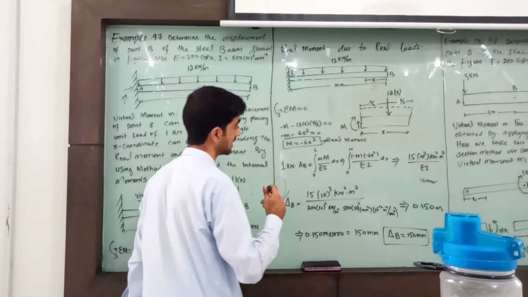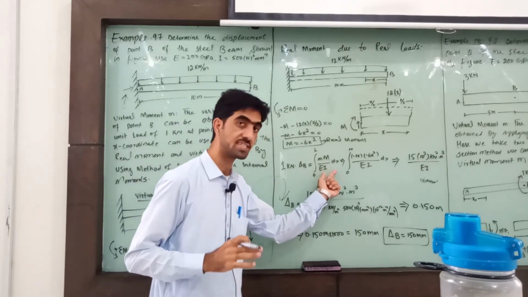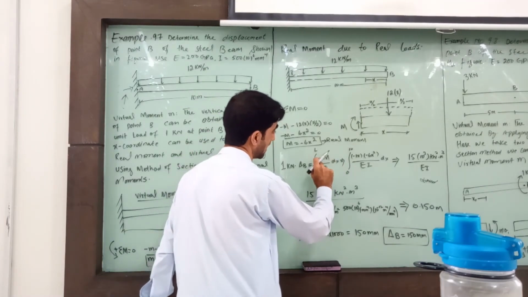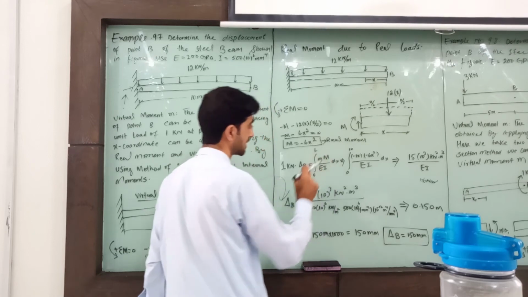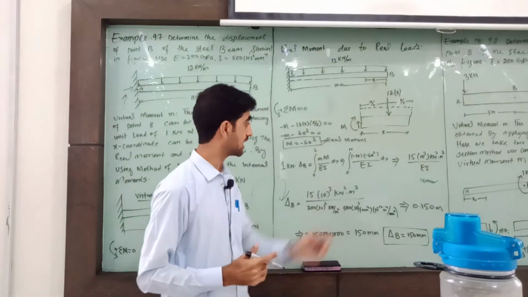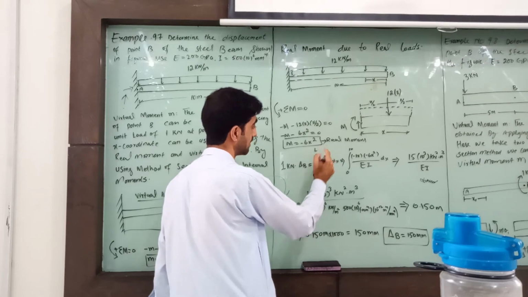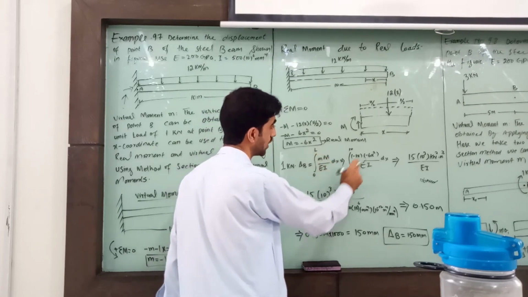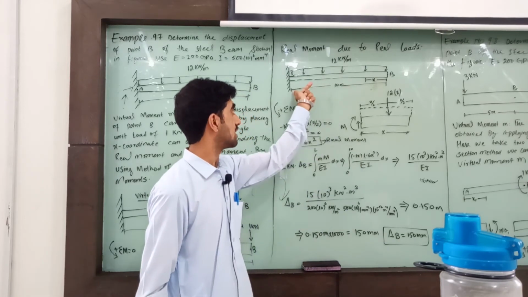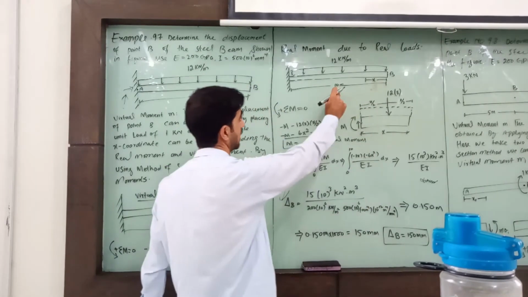Next step, we apply integration, and this is the formula. You can see in this diagram, this is the small m, this is the capital M, meaning the virtual moment and the real moment. So we apply integration on these two moments. The integration goes from 0 to 10, meaning this is the distance of the beam, a total of 10 meter distance. Okay.